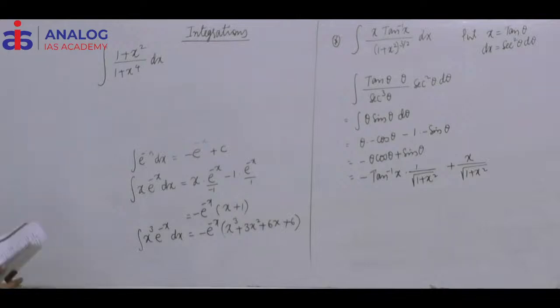On x square? x square whole square. Then put x square equal to t. x square equal to tan theta. Okay, so x square equal to tan theta. Then 2x dx equal to secant square theta d theta. And then